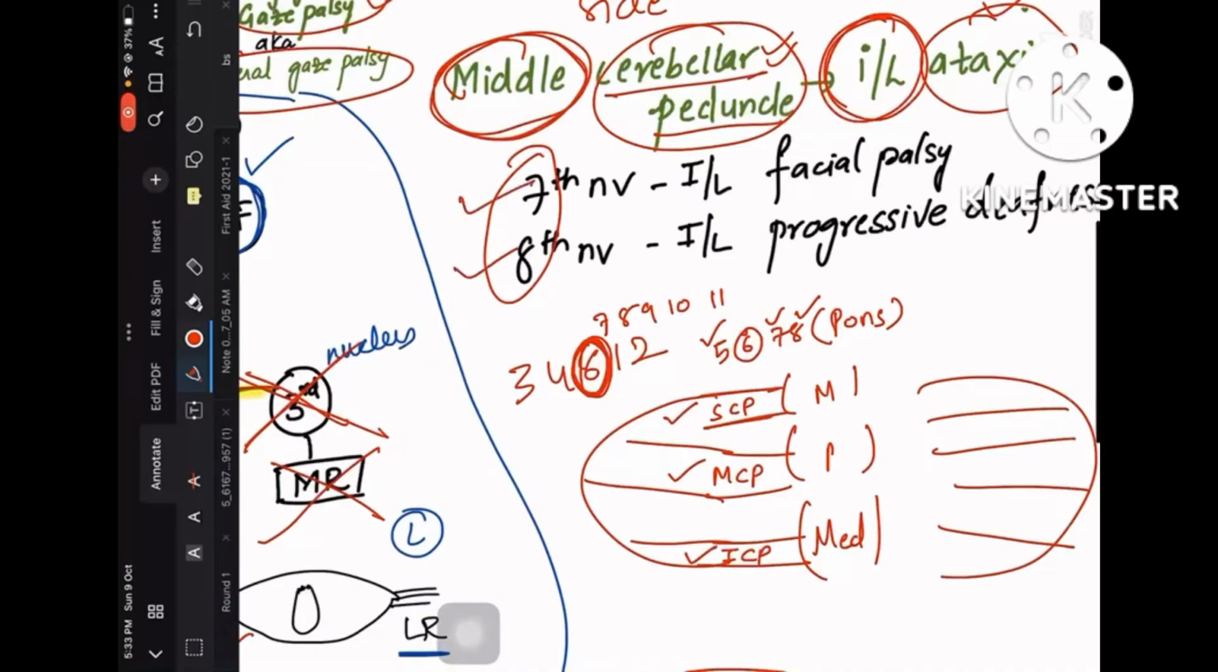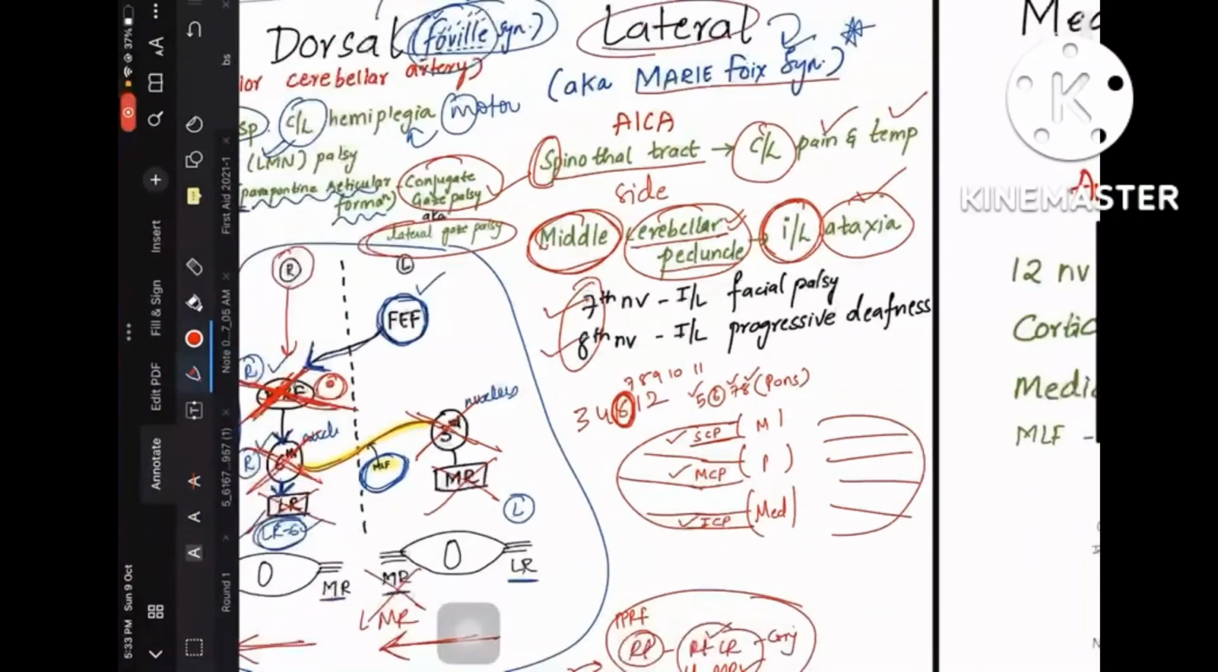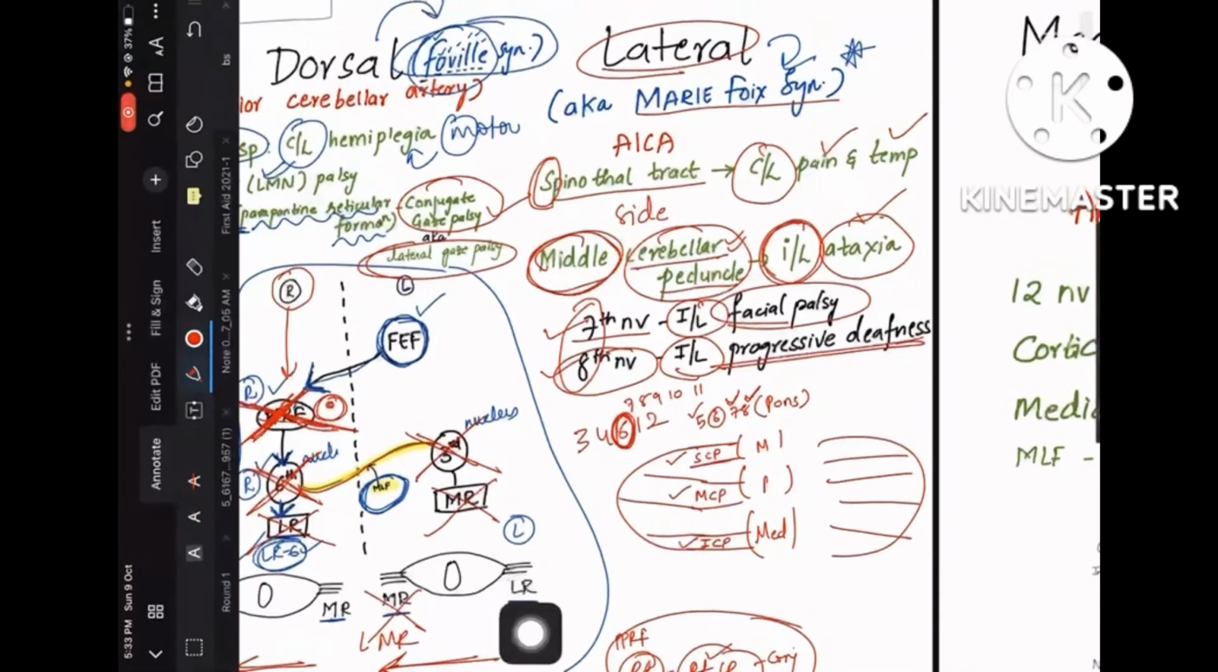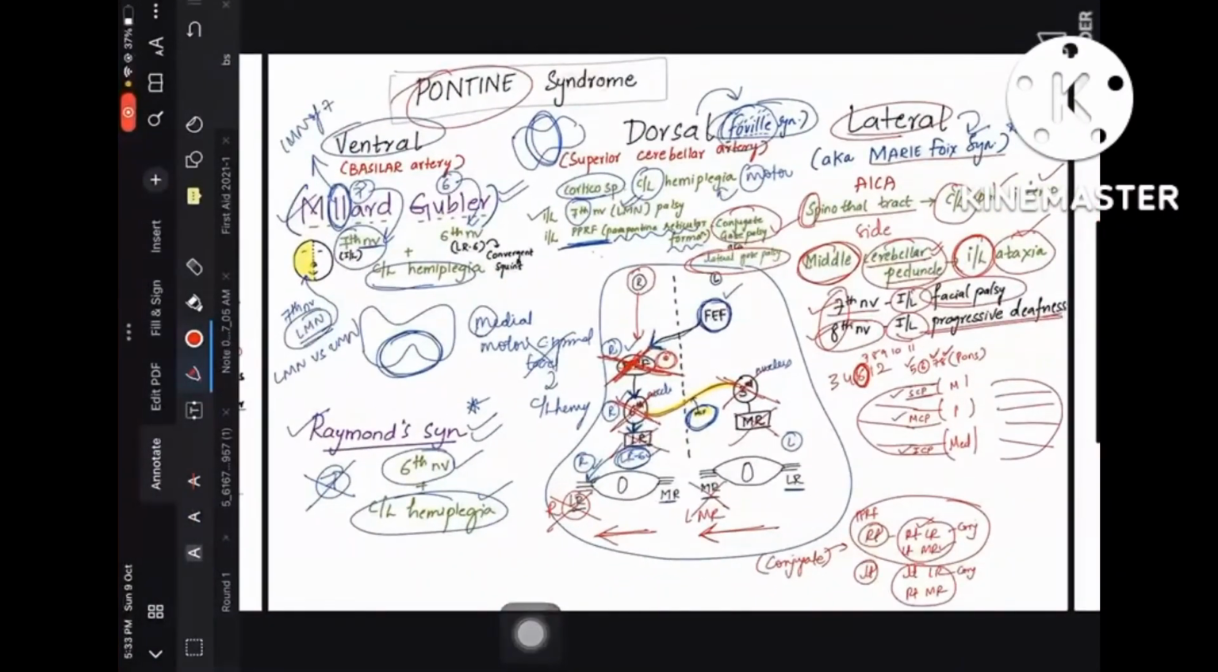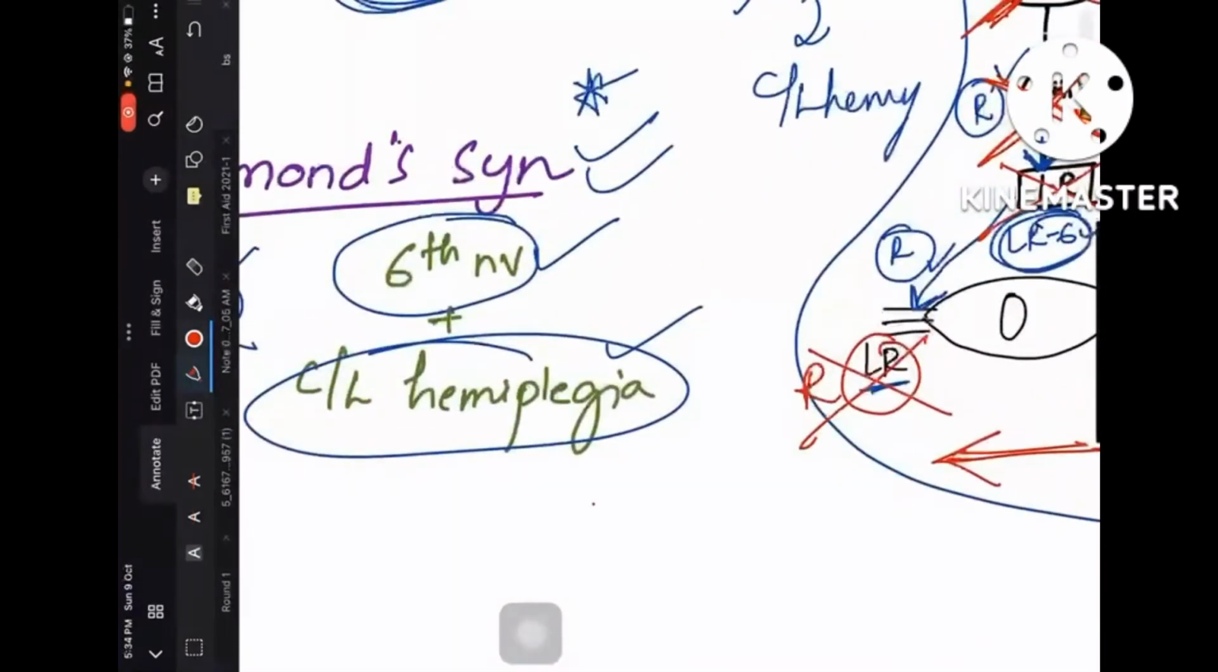So since this is lateral pontine syndrome, the laterally located nuclei, that is 7th and 8th, are involved. So the 7th again causes ipsilateral facial palsy, and the 8th causes ipsilateral progressive deafness. I think you have understood the ventral, dorsal and lateral syndromes of the pons. It is actually easy, guys. This 7th nerve point I'll explain in a separate video also, but for now